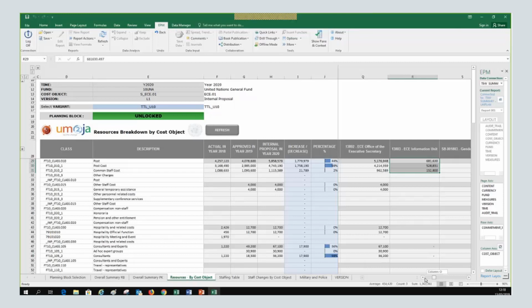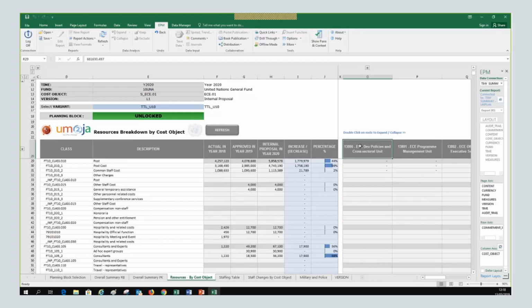The way to display it is by double-clicking on the entity, so you see the system is showing you the consolidated information, so it collapses all the cost centers, fund centers, or if you double-click, you expand it. This is the point for the resources in our overall summary. Okay.